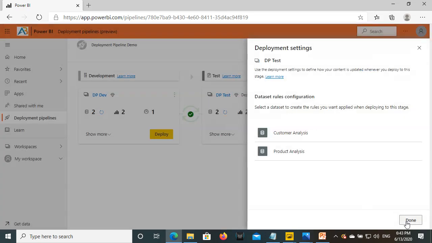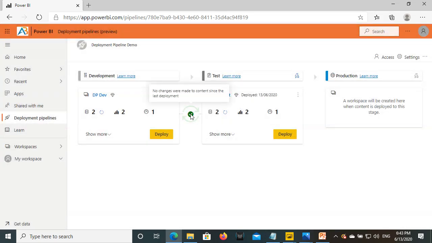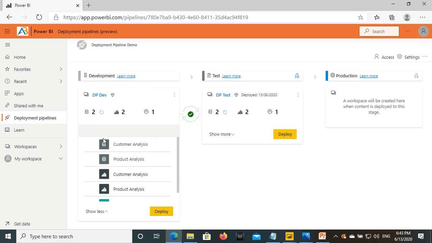So what you need to do again is redeploy the code. Every time you redeploy the code, whatever rules you assigned here apply to the data sets. So you have the customer analysis data set, and when you deploy it, you define some data source rules, right? You are asking to replace one server with another server, one database name with another database name. That will be assigned. Same way, when you deploy the product analysis, every time you deploy it,